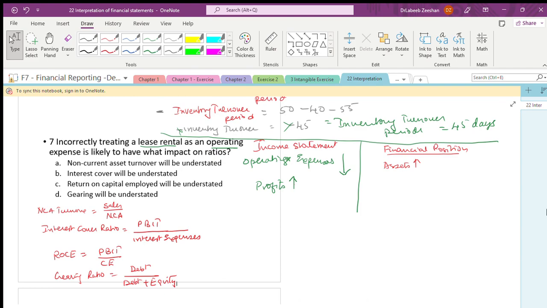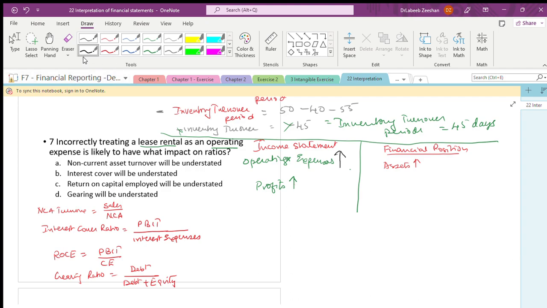Now what happens? See the things. Incorrectly treating a lease rental as an operating expense is likely to have impact on which ratios? We have done. Okay. If incorrectly treating it as an operating expense, what will happen? Operating expenses will increase